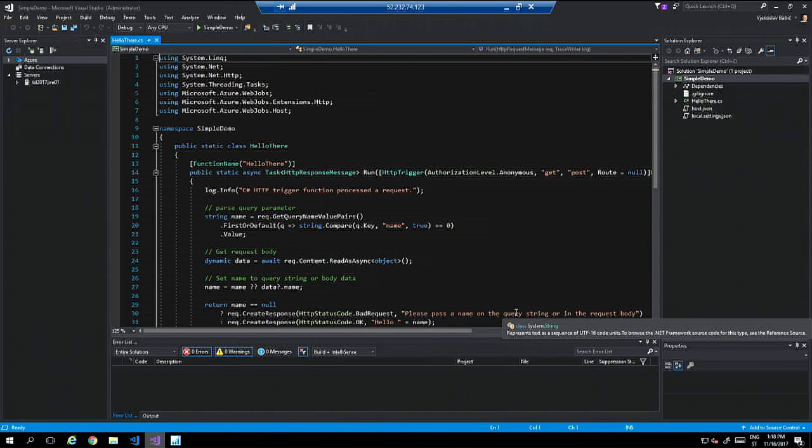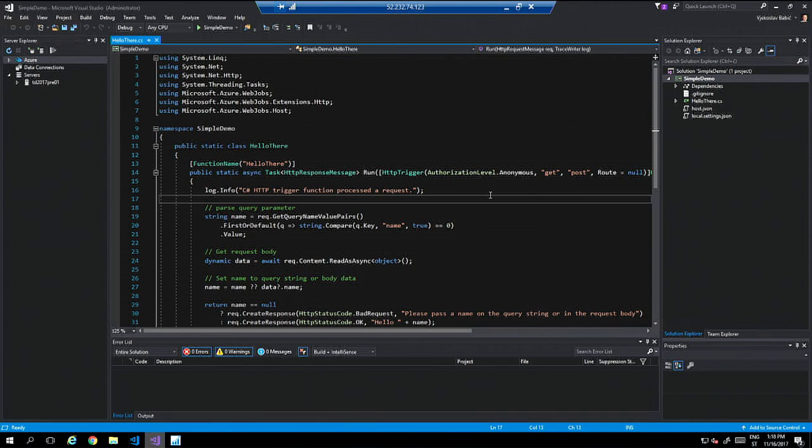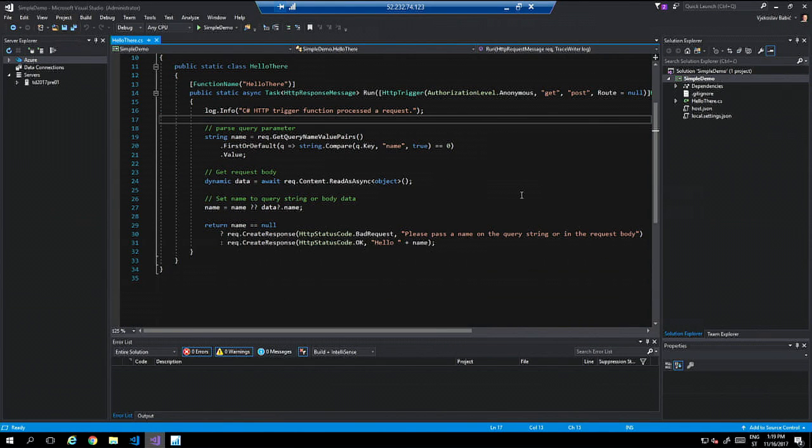So this pretty much looks like what you've seen in the web browser, except that you have full IntelliSense support, access to all the libraries and everything from here. So it's much better to actually do it inside Visual Studio. Good. So that much for actually writing it. I will now run. I will press F5. And when I press F5,